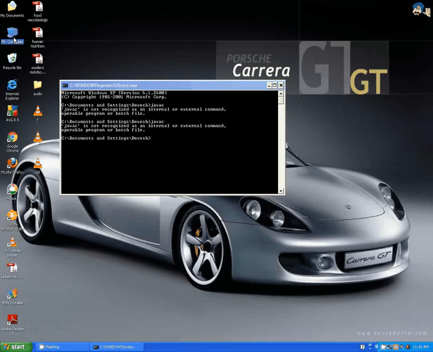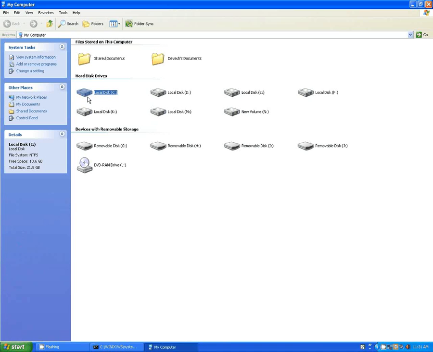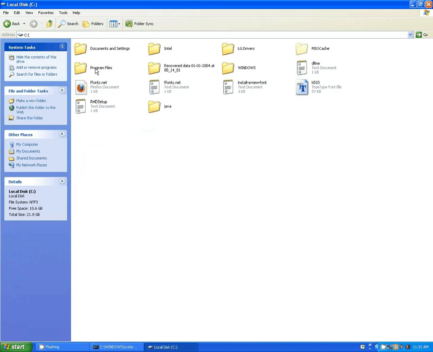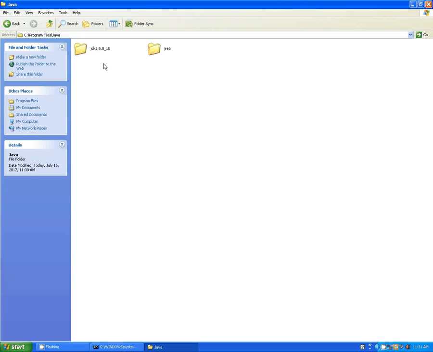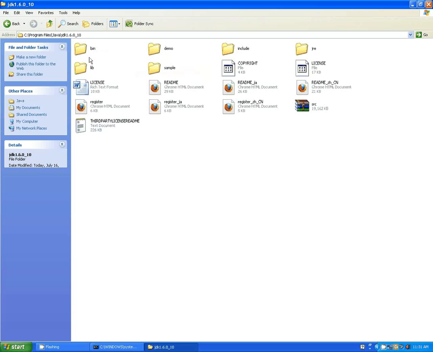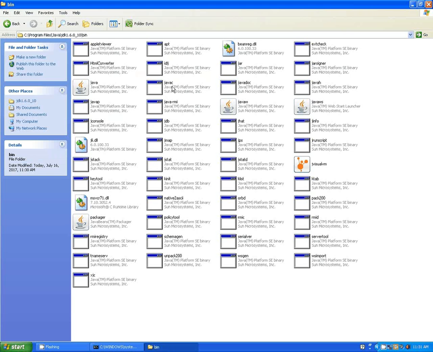Let's see where that javac compiler is. It is inside the C drive, in Program Files, here is Java. Now you can see there are two things. One is JDK, that is the development kit, and another is the Java Runtime Environment. In JDK there is a bin folder. In bin you can find javac. It is a Java compiler which is going to compile your source code and convert it into bytecode which is inside your class file, as I told you in the last lecture.